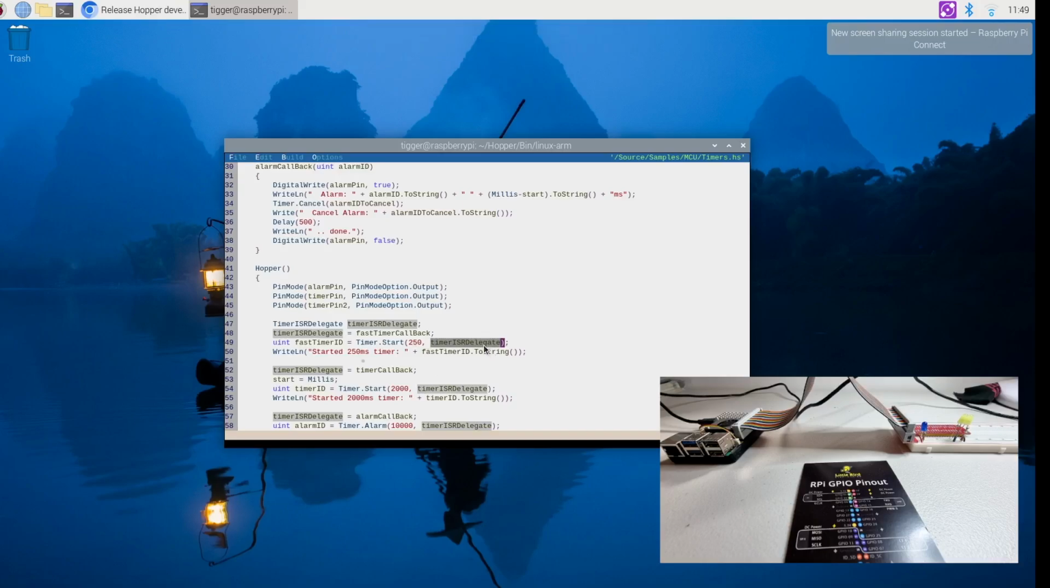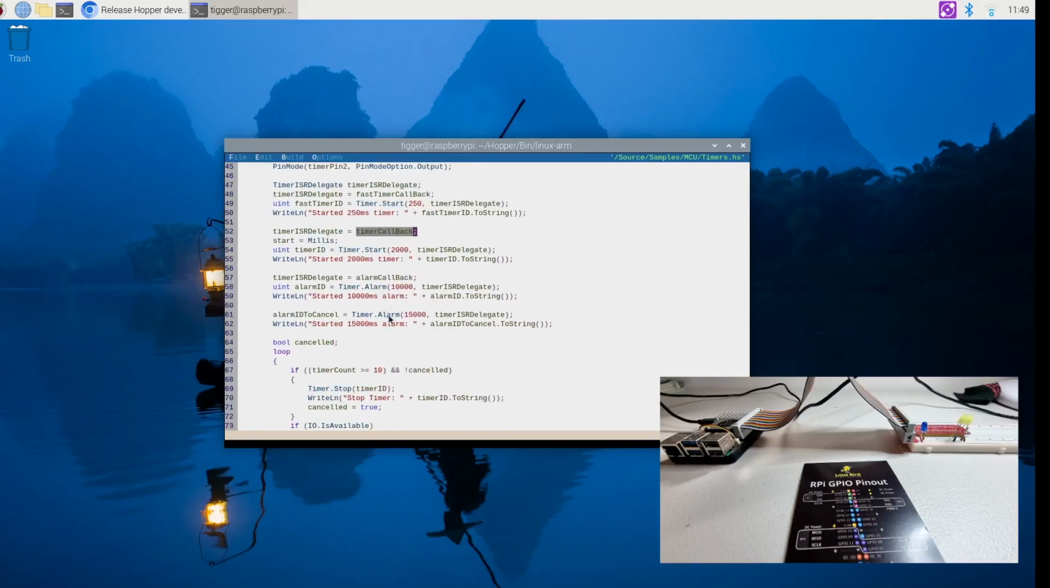Yeah, that's a bit tedious. Anyway, I've got another timer that goes off every 2 seconds. And that one's delegate is timer callback. And then I have 2 alarms. Now, the only difference between an alarm and a timer is an alarm only fires once, whereas a timer keeps